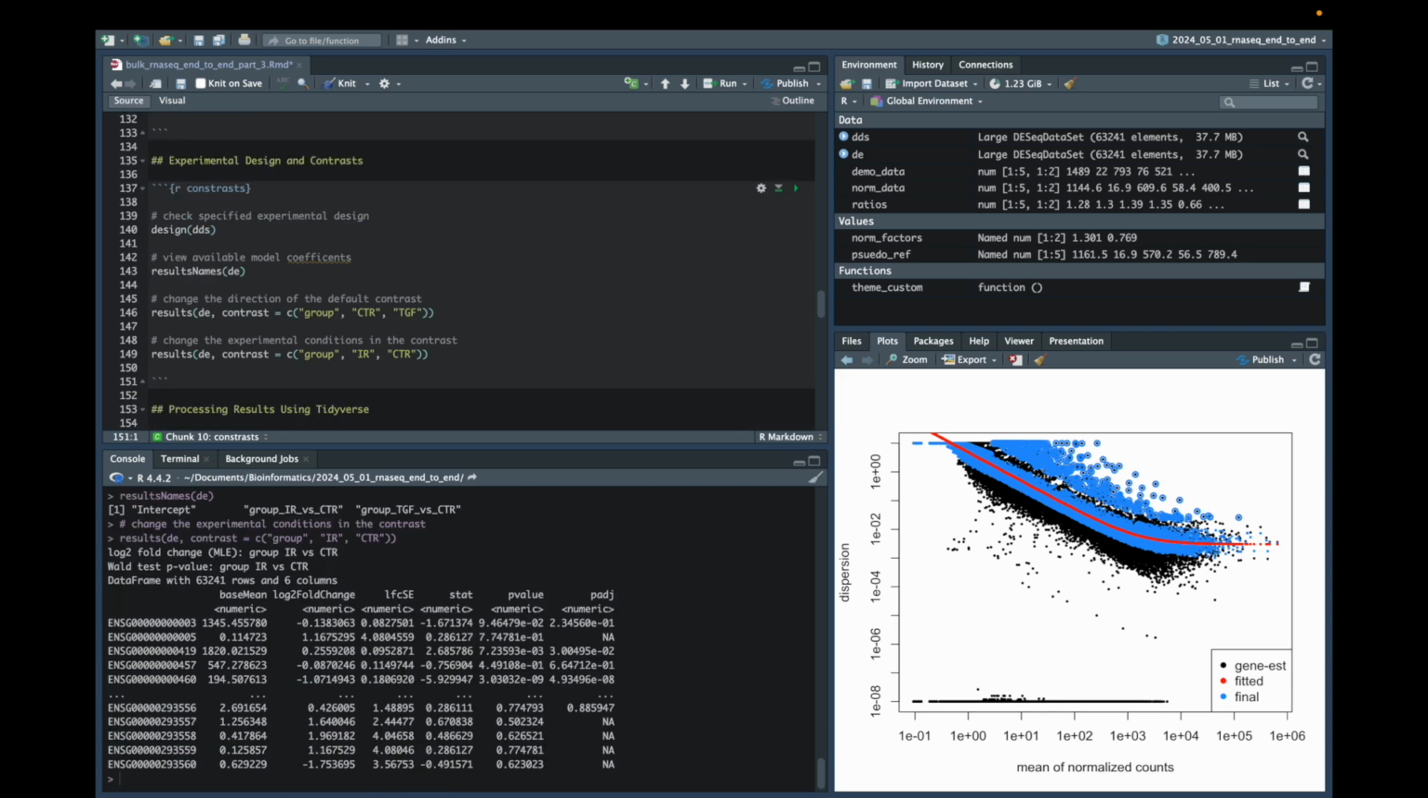So if we run that now, we can see that we've got a different test condition and that CTR is still being used as our baseline condition. Now if we wanted to, as the example above shows, change the direction of that contrast, we could simply reverse the second two elements of the vector that we passed to the contrast argument. So all of these examples perform a differential expression analysis using a single named column in the metadata slot of the DDS object,